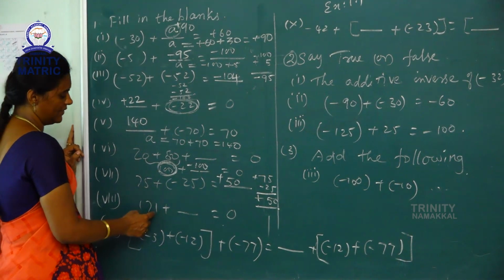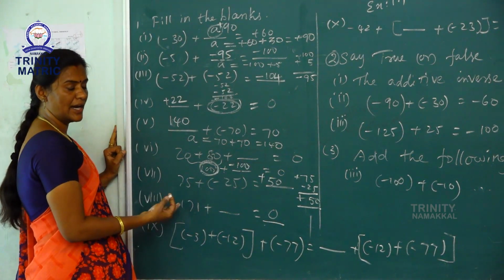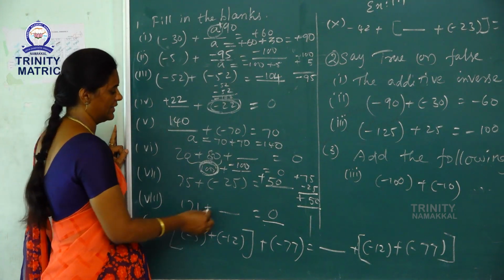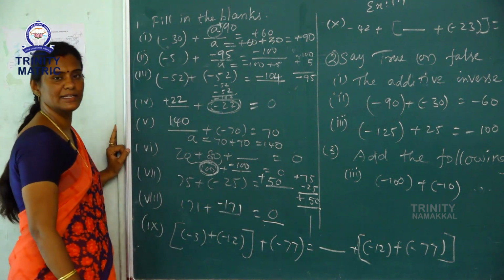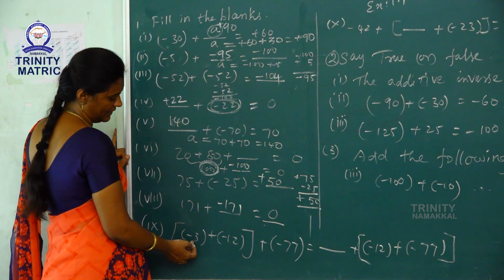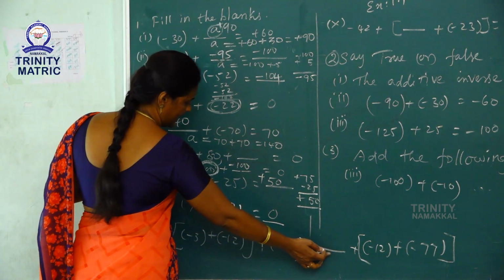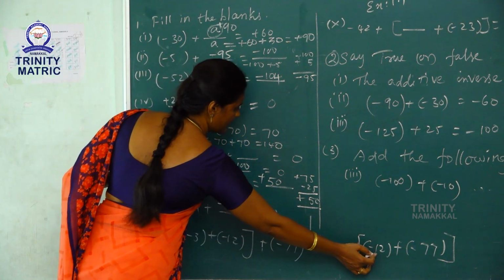See, 171 plus dash is equal to 0. Here the answer is 0. So what is the additive inverse of 171? Yes, minus 171. Next, minus 3 plus of minus 12 plus of minus 77 is equal to dash minus 12